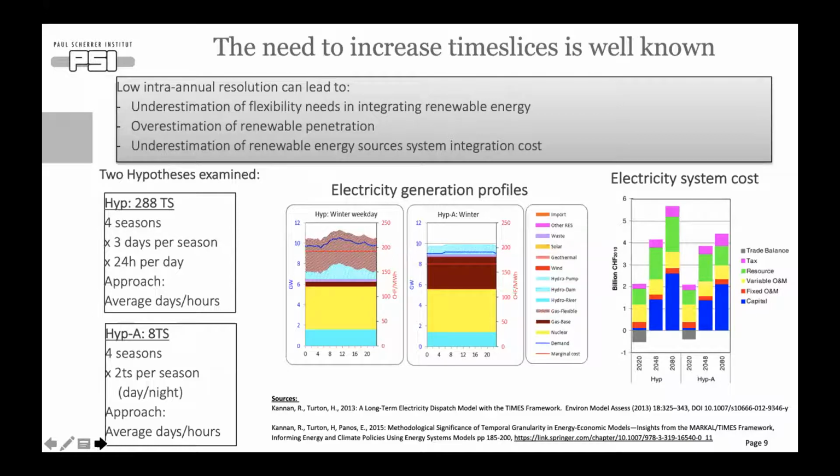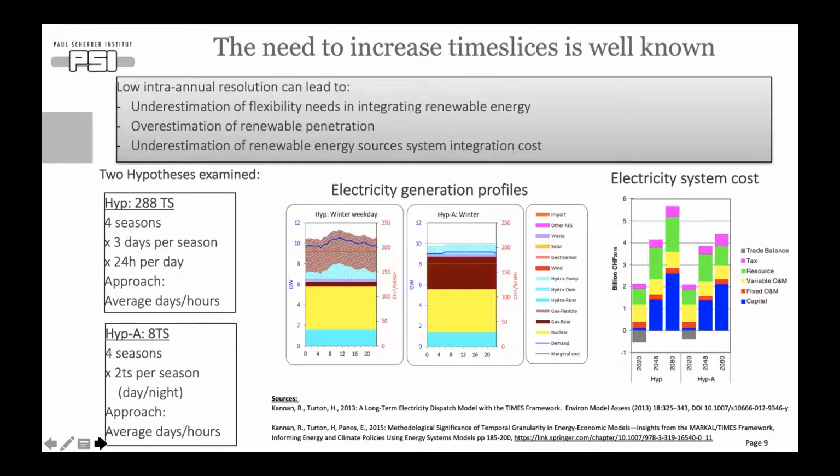And I'm presenting here a first paper from my colleague Canan. This work inspired, I would say, the development of the Swiss TIMES energy systems model. And there it is based on an electricity sector Swiss model. And Canan tested two hypotheses here, one hypothesis with 288 time slices and one hypothesis with 8 time slices. And what has been found here is